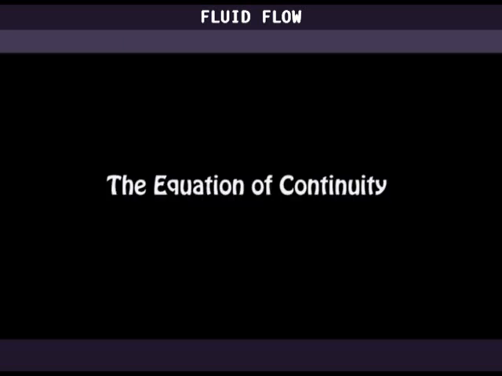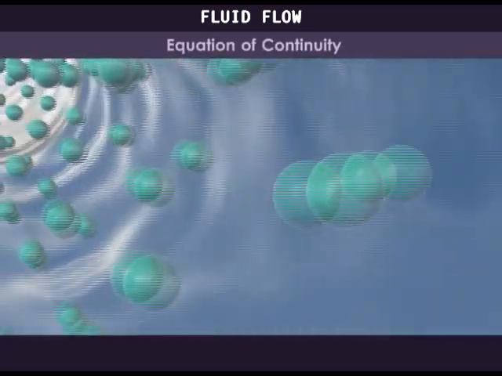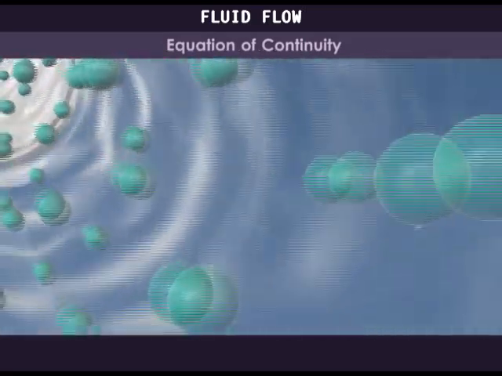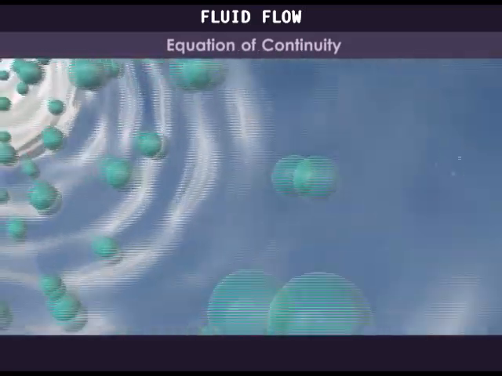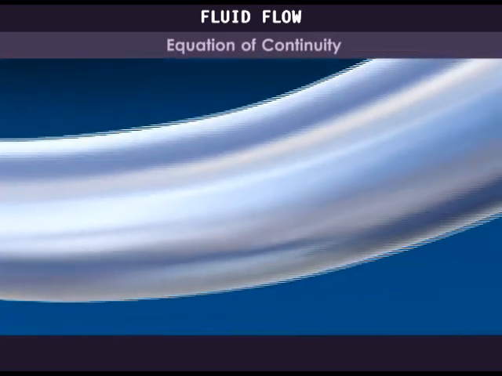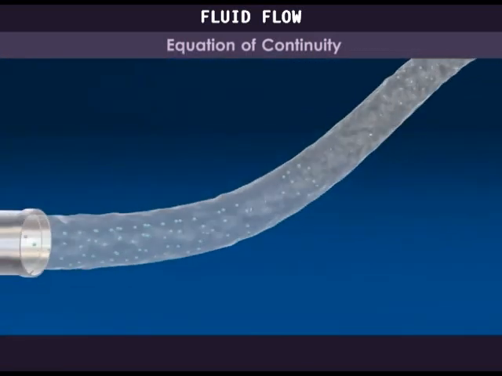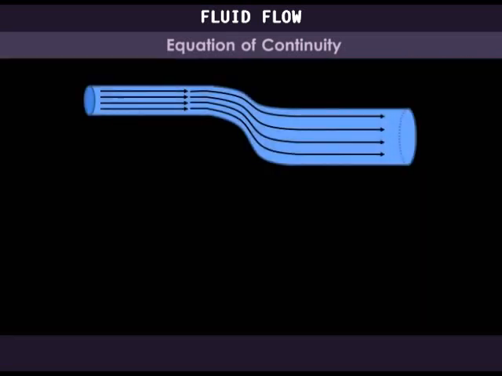Next, the equation of continuity. Now, we can define the boundaries of a set of streamlines in a fluid flow. If the boundaries encompass a tubular region, then the resulting section is called a tube of flow. We shall use this tube of flow to determine the equation of continuity for a liquid that is incompressible, non-viscous,